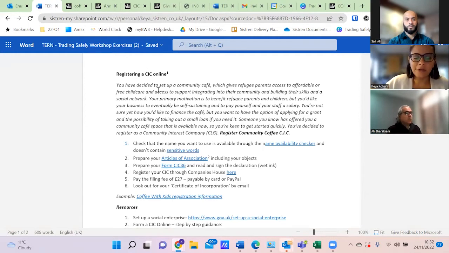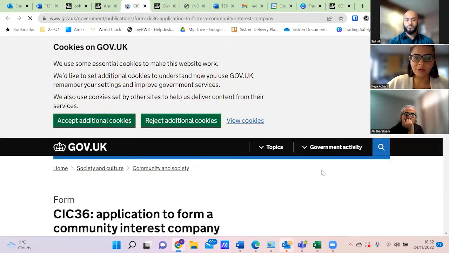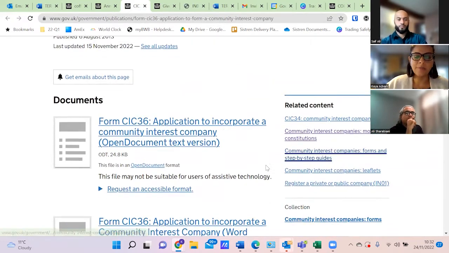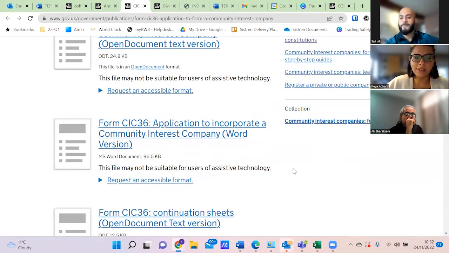For you, Ali, for the registration process, where do you actually find your articles of association? So you click on the link that I've sent you. It's going to open up this page, which gives you model constitutions for this legal form, KIC legal forms. So you're going to, most likely, you're going to want to start with,